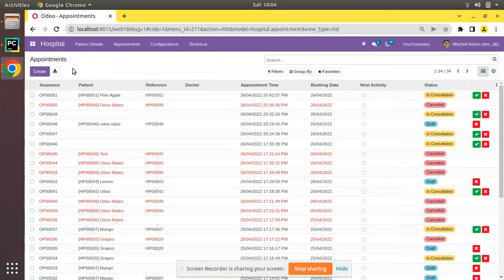Hello, good morning all. Today in this video we are going to discuss how to add a reference field in Odoo. Currently on the screen you are seeing Odoo version 15 community edition, where we are continuing our Odoo 15 development tutorial. The point that we will be discussing is how to create a reference field